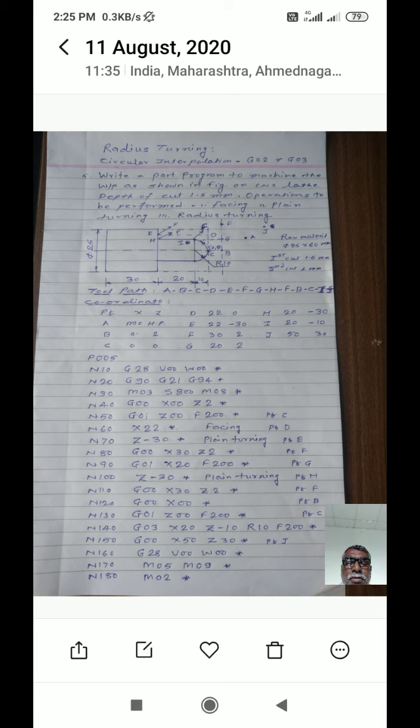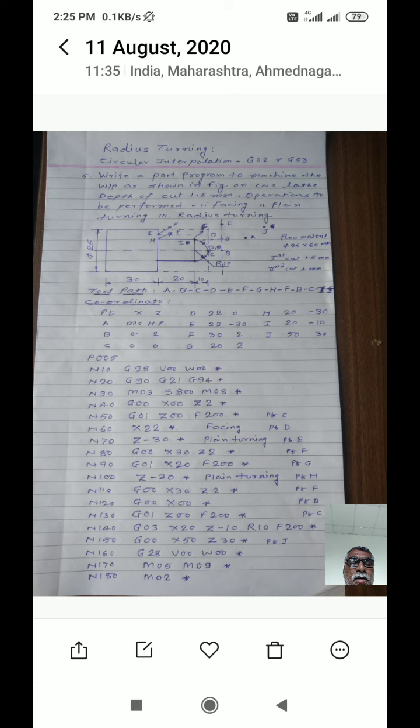First you have to find out the machine home position, that is point A. Then from machine 0 or machine reference point or machine home position, you have to bring the tool nearer to the point where you want to start the operation. The first operation we start is a facing operation. So point C is your work 0 point or origin. Its coordinates are 0 0, means X 0 Z 0. From this point you have to measure all the coordinates.